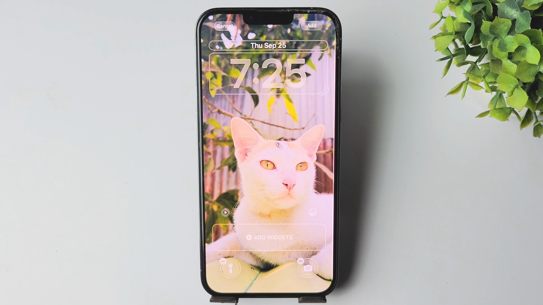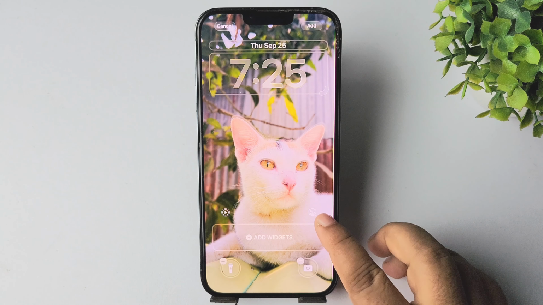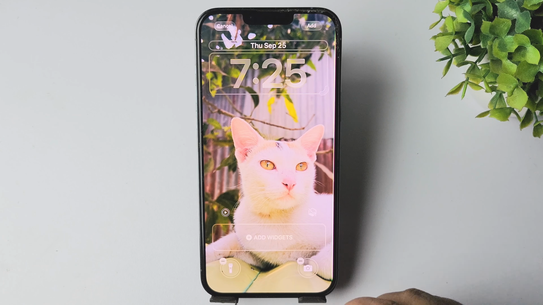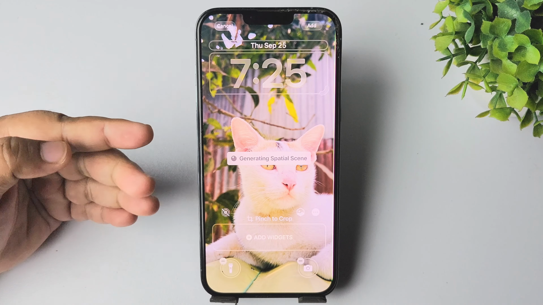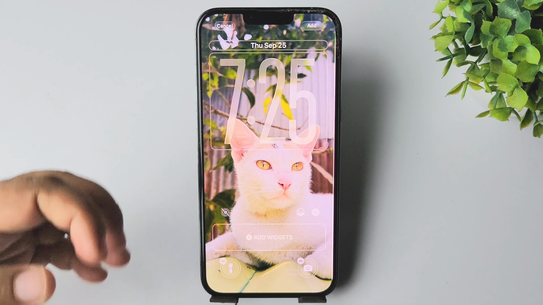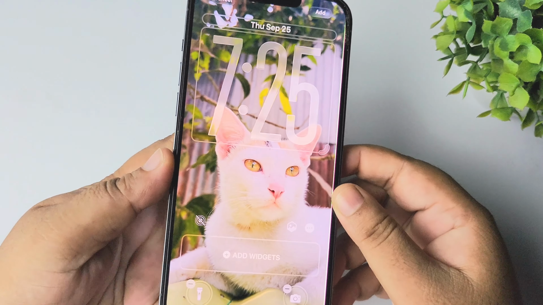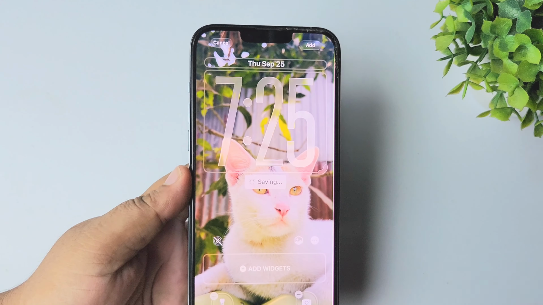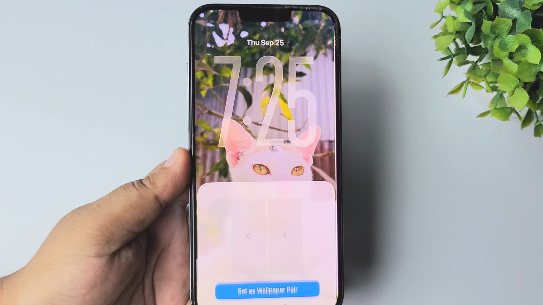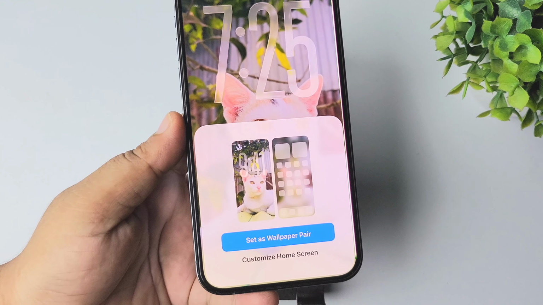Now to enable 3D wallpaper, here you get this spatial icon. Just tap on that and it may take some moments to generate spatial scene or effect. Once generated, now just tap on add to save the wallpaper, and here I'm selecting set as wallpaper pair,